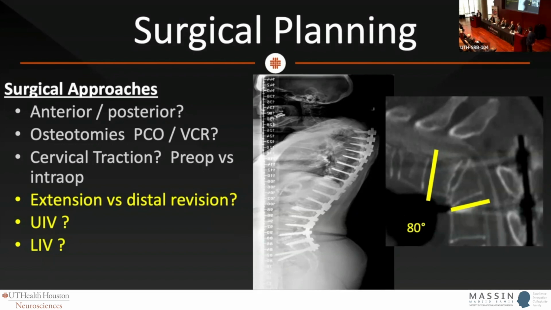And then certainly I would like to stabilize this patient as best as possible. I will go to C2, and I'll have a low threshold to go to the occiput if we have to, but I would like to leave the occiput not fused so she can have a little bit of motion and help her with quality of life.